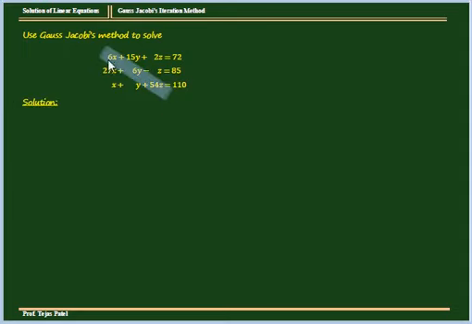We can see that the main diagonal elements are 6, 6, 54. None of them is equal to 0. So we're going to check the diagonally dominant form. In the first equation, the main diagonal element is 6, so magnitude 6, and the sum of the magnitudes of the remaining elements, that is magnitude 15 plus magnitude 2, is 17. We can see that magnitude 6 is not greater than or equal to magnitude 15 plus magnitude 2. That means the first equation is not diagonally dominant.